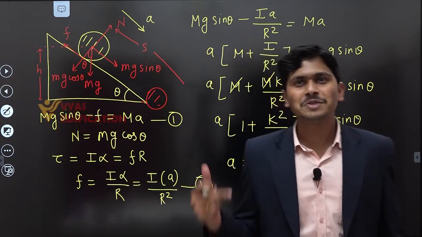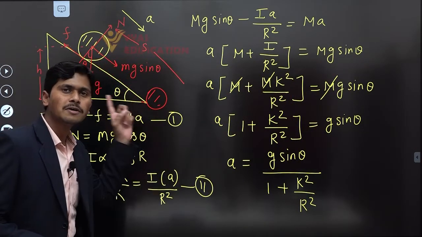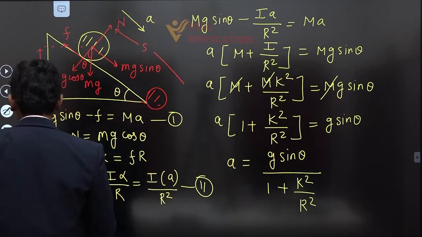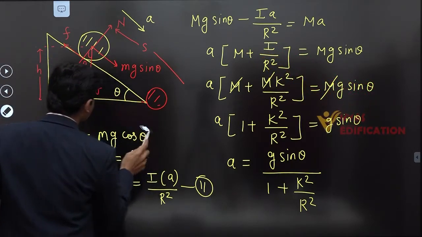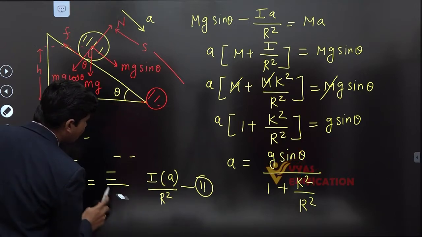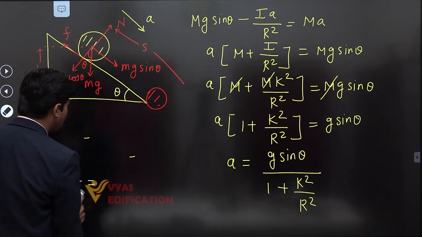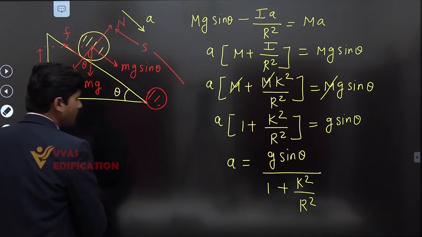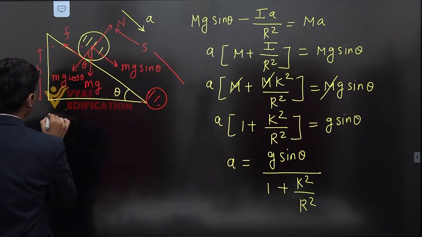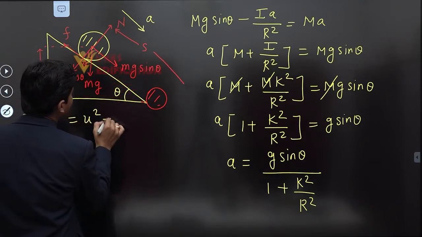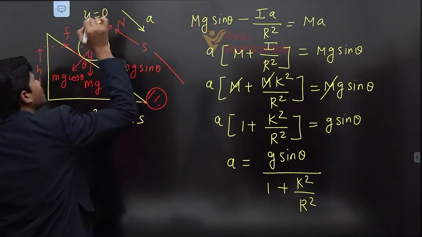But now what is our objective? Our objective here is to calculate the velocity of this body when it moves to the bottom. Clear? So now listen carefully. Now we can see if we apply the equation of motion, why? Because theta is a constant for this inclined plane and all other parameters are also constant. So if we apply the equation of motion, we can write like this: v square equal to u square plus 2as. Clear? I am assuming this body is starting from rest, so u equal to 0.